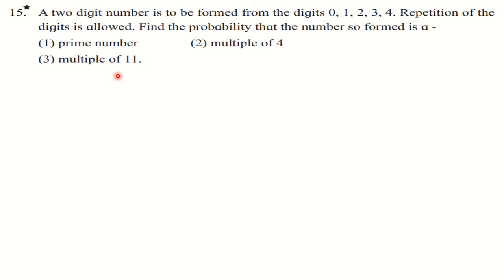That means again three events, three different conditions, are given to us. First of all, let us write down the sample space of all the two-digit numbers formed with the digits 0, 1, 2, 3, 4. See, the first number formed here is 10. Please take note that you cannot write 01. 01 is not a two-digit number. The smallest two-digit number, you know, is 10. So you have to start with that. Be very careful while writing the sample space.